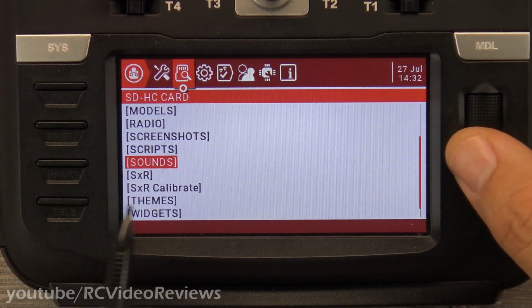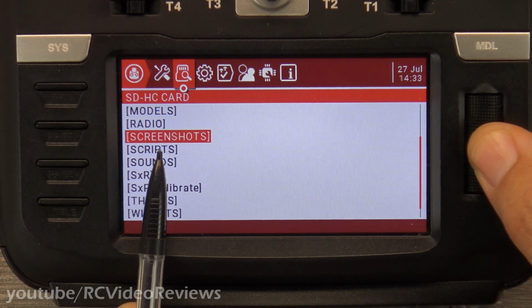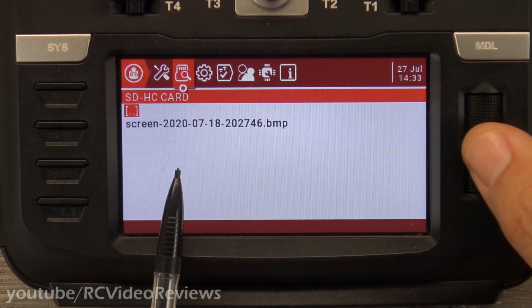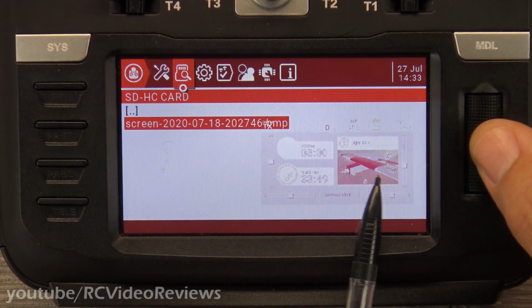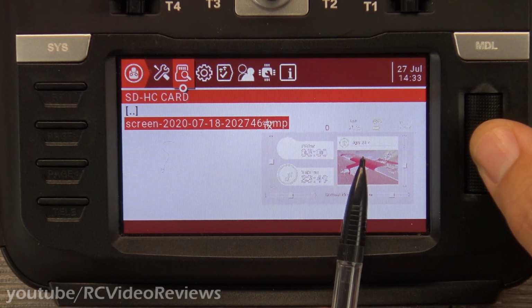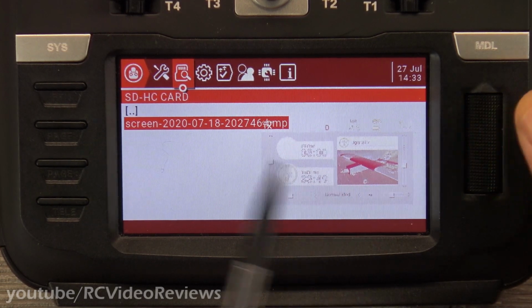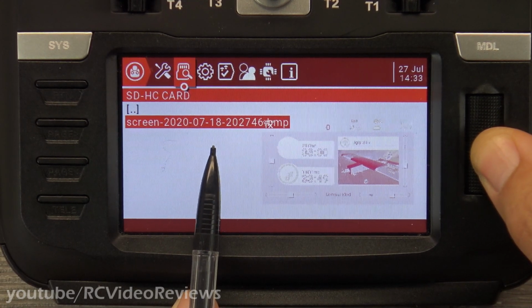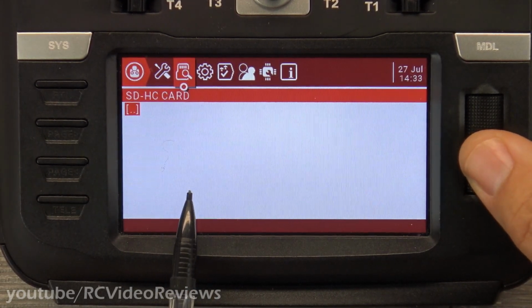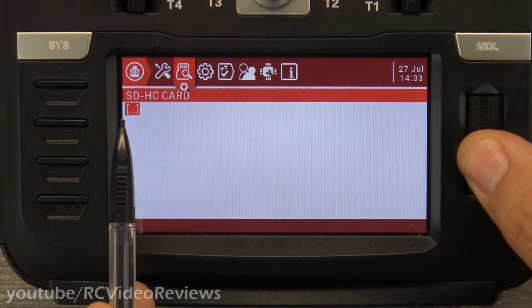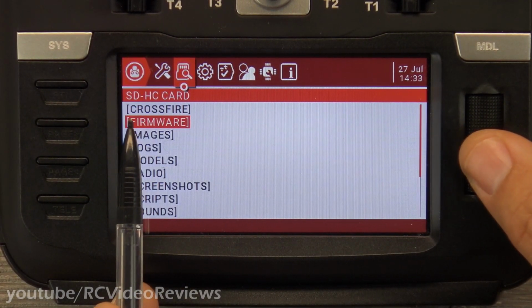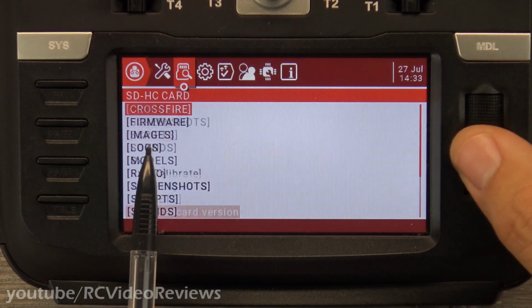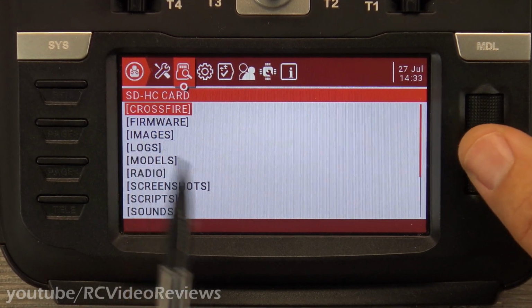So here, I'll give you one example. Let's say there's a screenshot that I took that I don't want to see anymore. You can highlight that. I don't know what the deal is with these inverted colors. I don't know why it's not a full color preview, but it's not. Let's say I don't want that screenshot anymore. I can long press the jog dial and I get an option to delete. And then the double ellipses here just basically go back up one folder. That's all that does. And there are no double ellipses on this screen because I'm already at the root folder